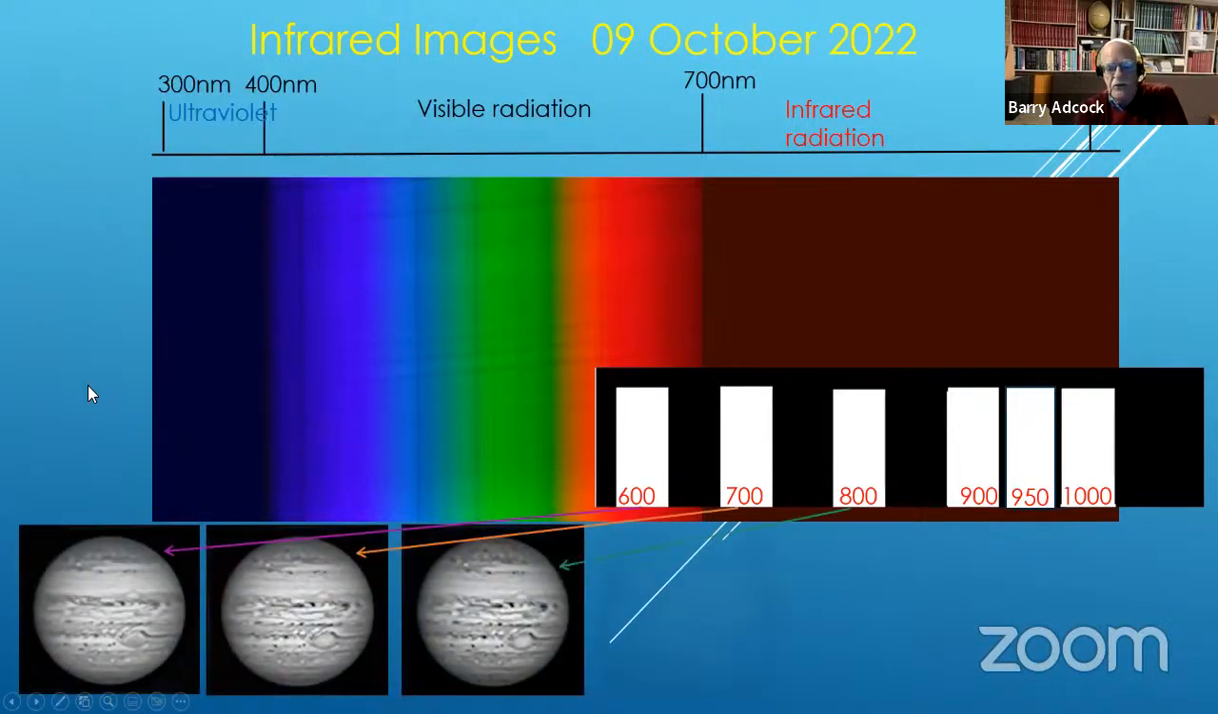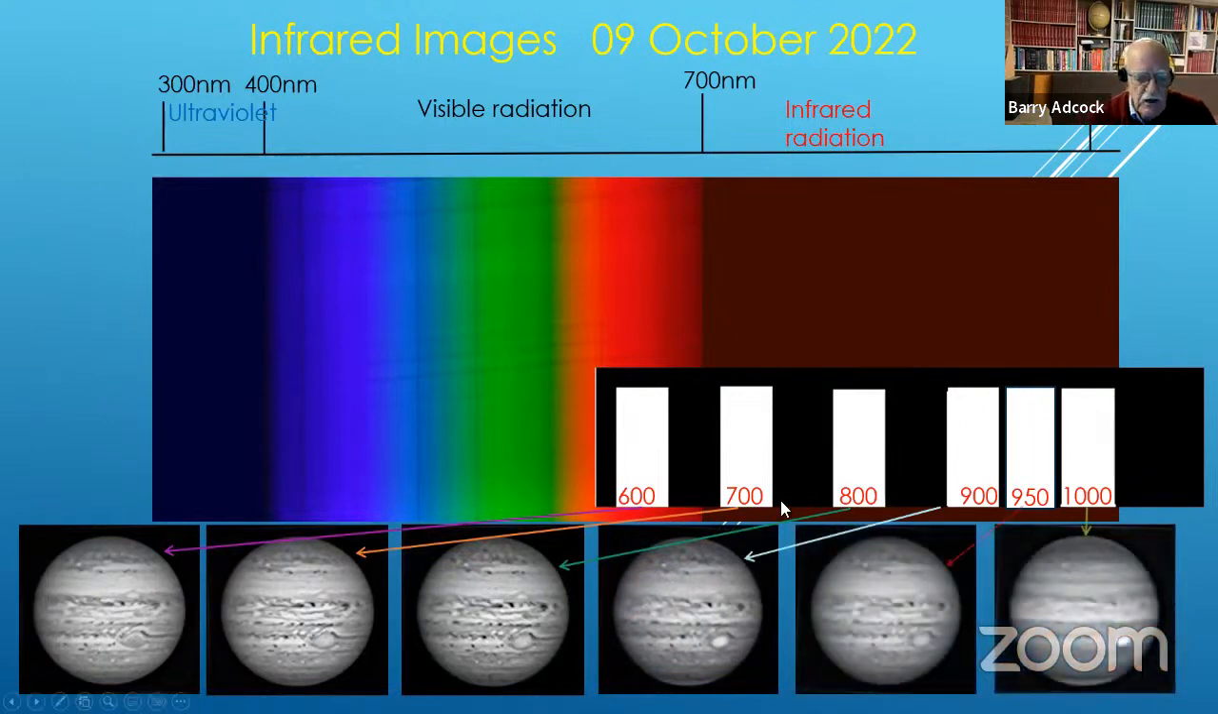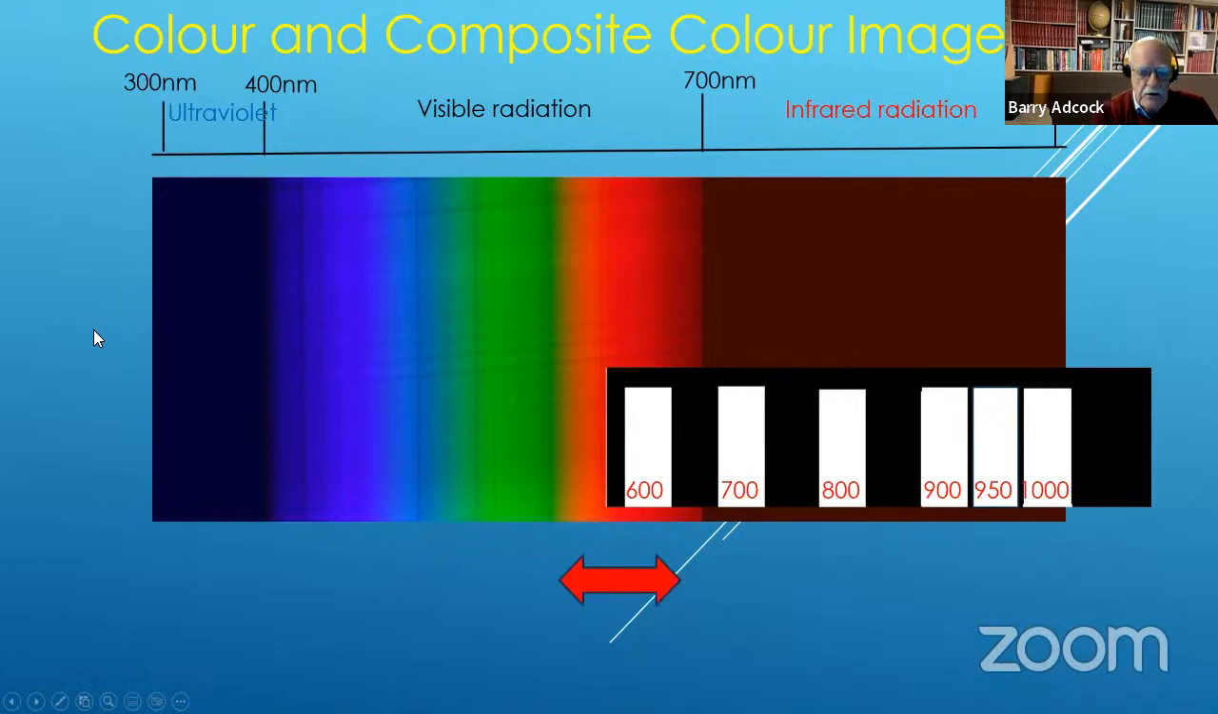Going through the images from each range, immediately one can see differences. And one of the differences, probably a little bit difficult to see there, is that at 800 nanometers the image of Jupiter is always more contrasty than the others. And to show that,